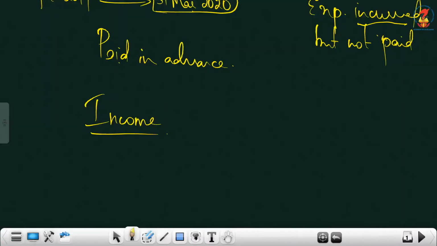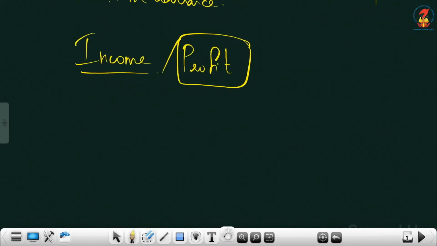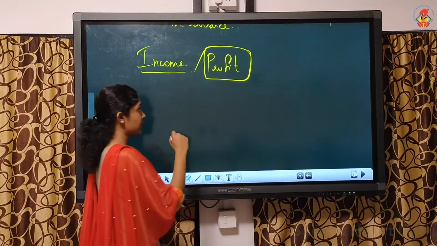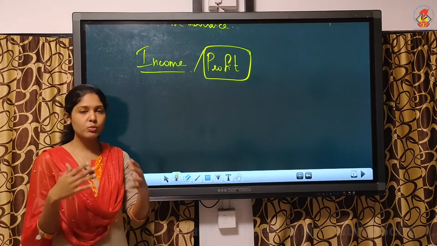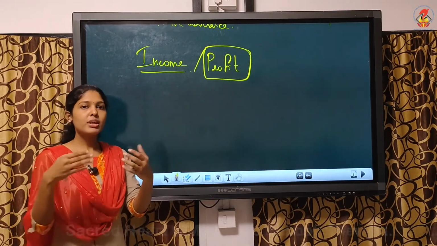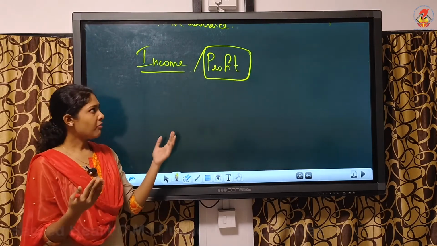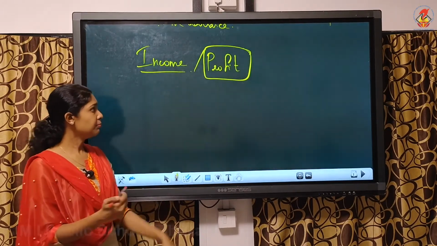So income, you can call it profit also, but again there is a slight difference between profit and income when you say this term. Okay, income in a way can be termed as profit. So income means profit earned over a period of time. Usually the period is 1 year we are calculating. We are always following the financial year. So every year we will be calculating. So profit earned over a period of time is known as income.